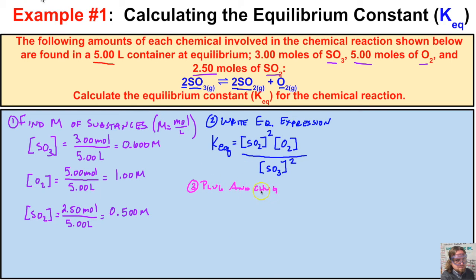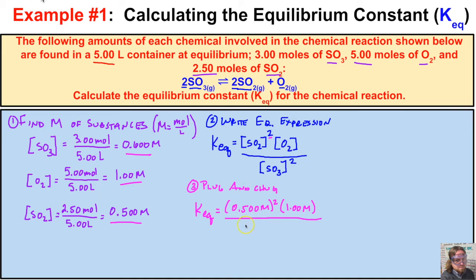So we have our equilibrium expression right here. KEQ is going to equal the concentration of SO2. Well, we just figured that out. 0.500 times the concentration of O2, 1.00 molar, to the first power. And this is squared here, just like we did right here. We square it. And we're going to end up dividing this by the concentration of SO3, which we figured out